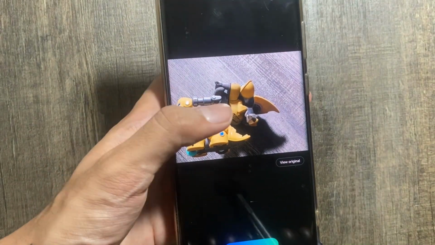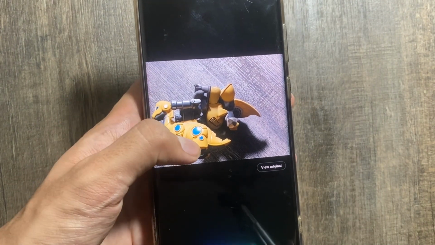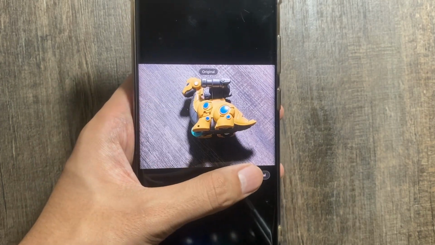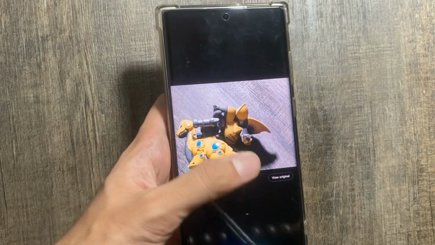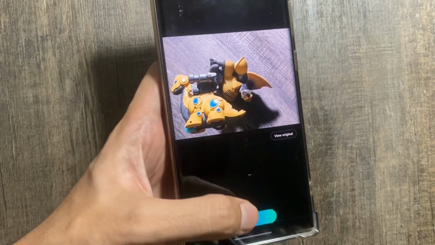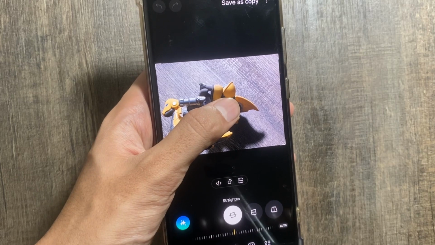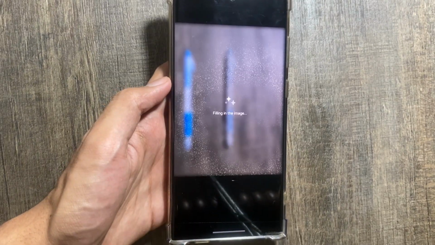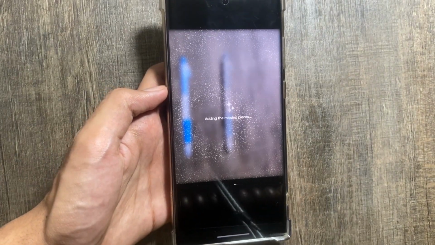Now, as you can see over here, it has a really cool animation in the background, but it is not that accurate yet. As you can see over here, it has left half of the object right behind. But for a start, it is really good to see that this feature is now available as it can be fixed with updates over time. Now let's just try it with a different object. As you can see over here, I have now changed the object and let's see what happens now.